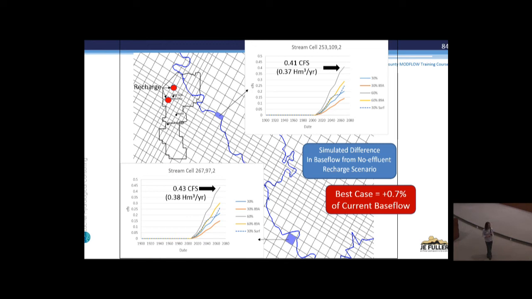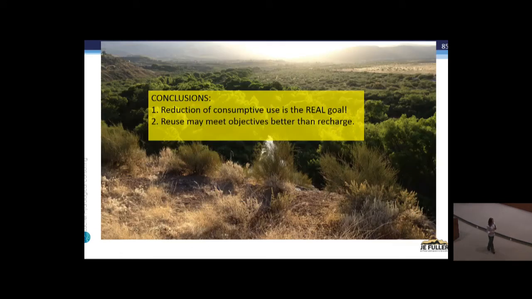So then people started saying, well, is it really worth it? Okay, it's going to help. If you have a river that's 50 CFS and you add 0.7 CFS, or 0.4 CFS, who's ever going to know? It's really not a measurable change. So is it worth it? And in the end,